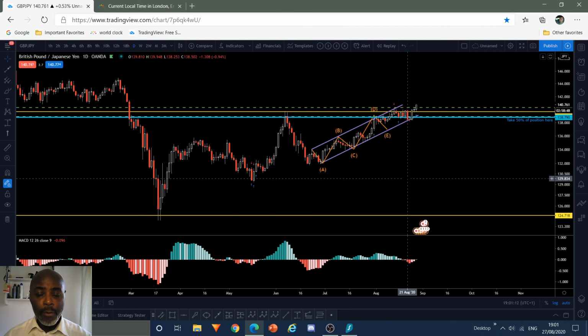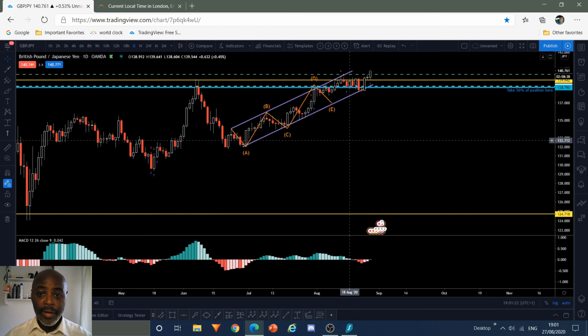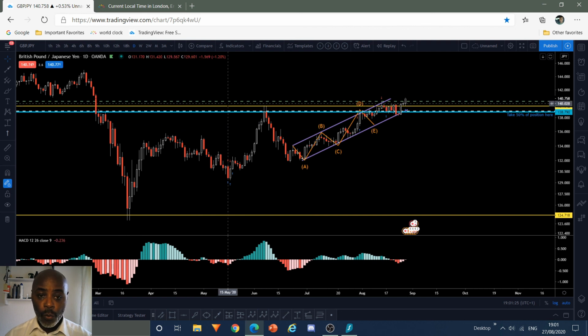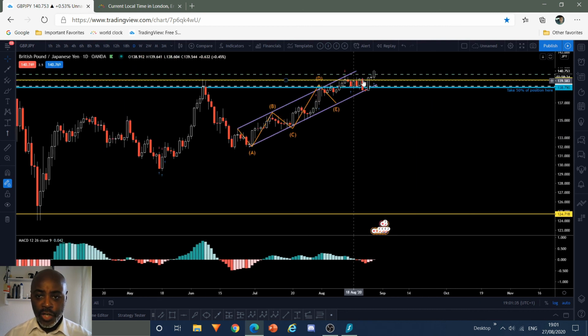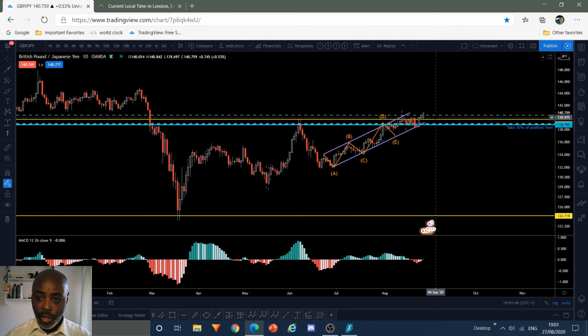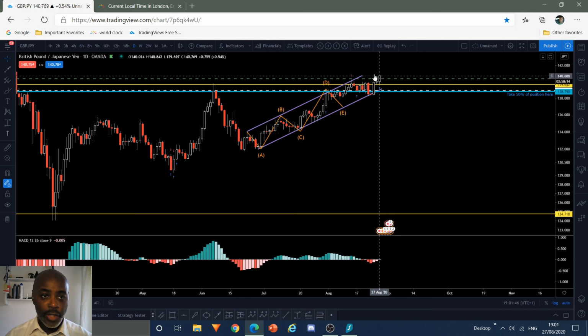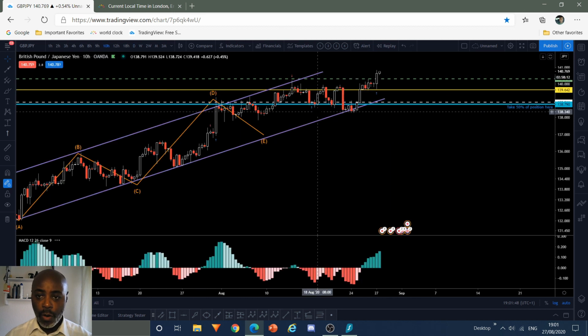Now, moving forward, guys, what's my bias on this pair? Well, as it stands, I am still very bearish the British pound. Now, here is what I'm going to look for. We are now at the 67.8 Fibonacci retracement. That's just a random retracement that I use to allow myself a zone. As you can see, price has now pushed through that, okay? Now, the good thing about this is another level that could get manipulated. I'm going to be watching this area very closely and these bars very closely to see what happens now after